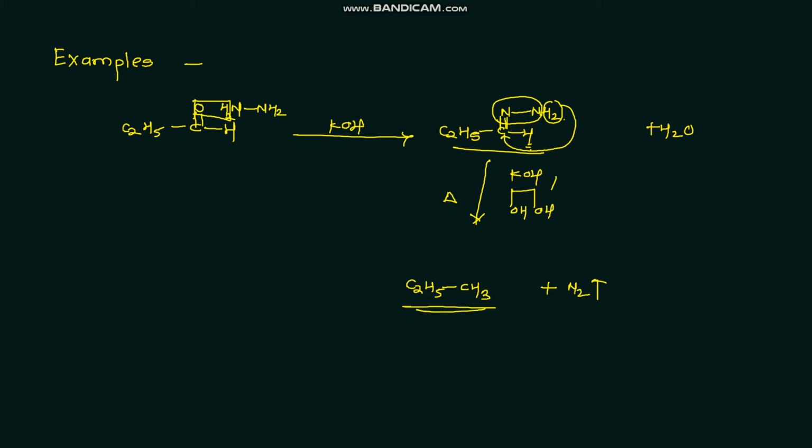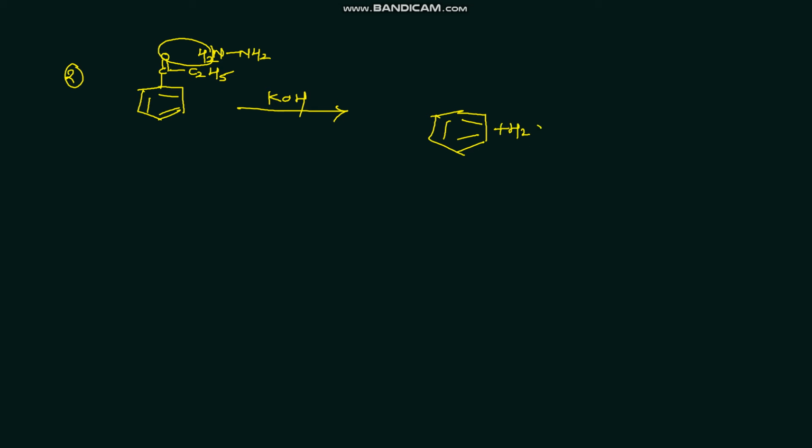Now we can see the next reaction with ketone. Here we use ethyl phenyl ketone. What is the reagent? The reagent is NH2NH2, a hydrazine, in presence of KOH. First water is eliminated as byproduct. Here the C double bond is as it is. Here N is attached to the double bonded carbon and we get hydrazone.